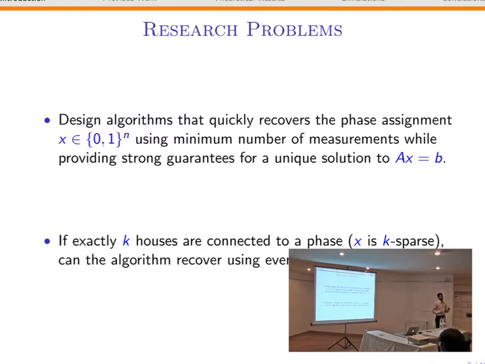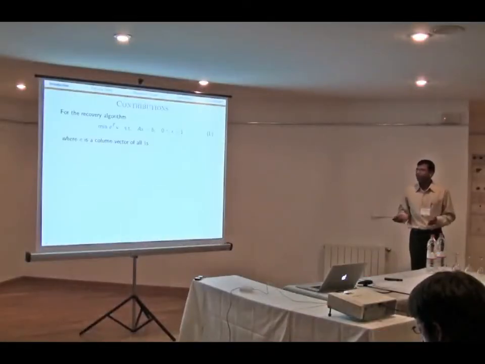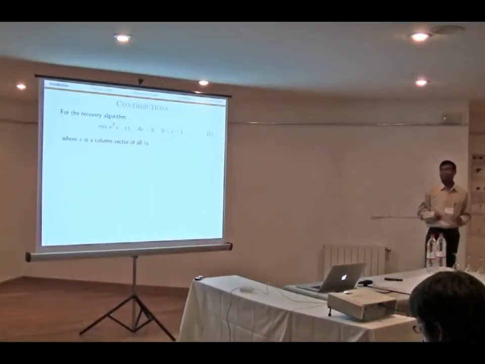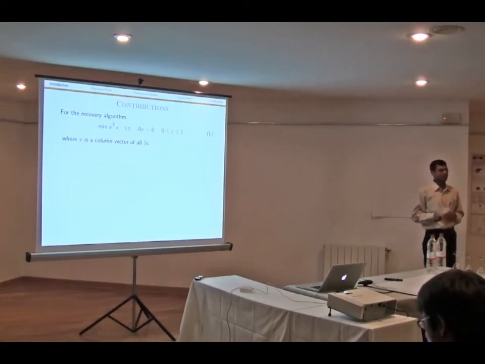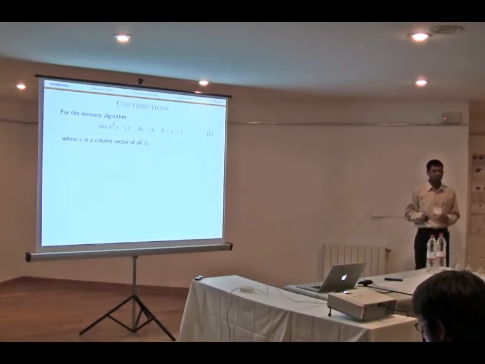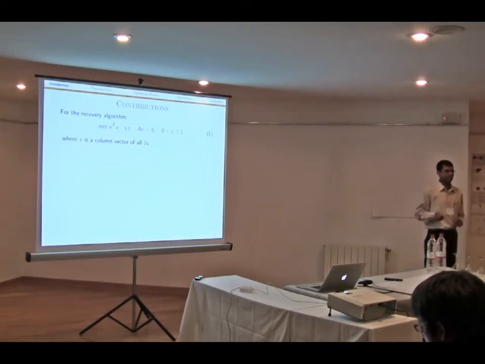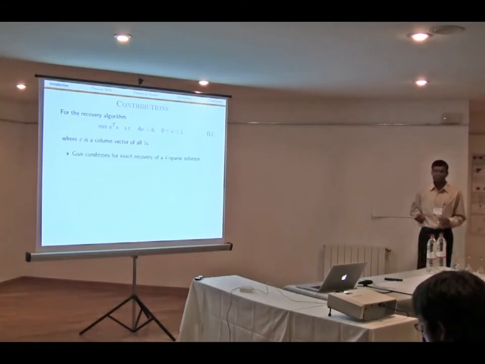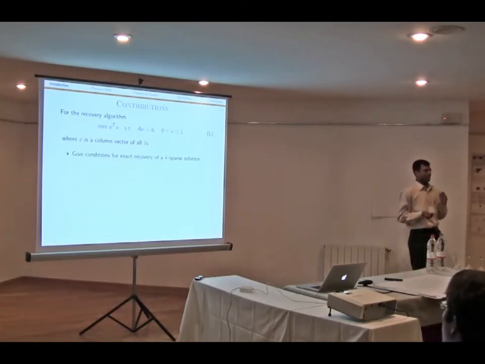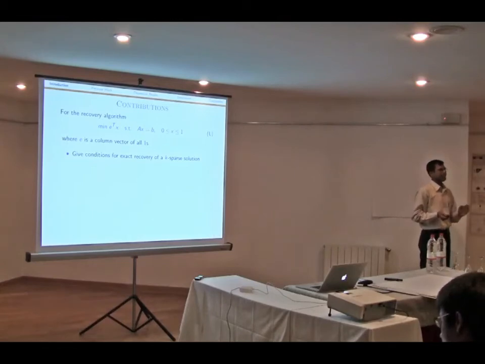So we want to devise an algorithm so that, if the sparsity is small, the algorithm can find the solutions using a lesser number of measurements. For this, our contribution is that we take this LP based recovery algorithm, which minimizes the sum of all xi's with respect to this constraint, and then we give a necessary and sufficient